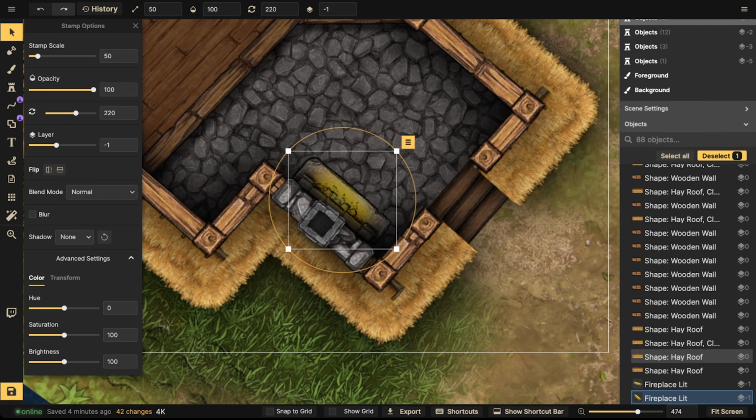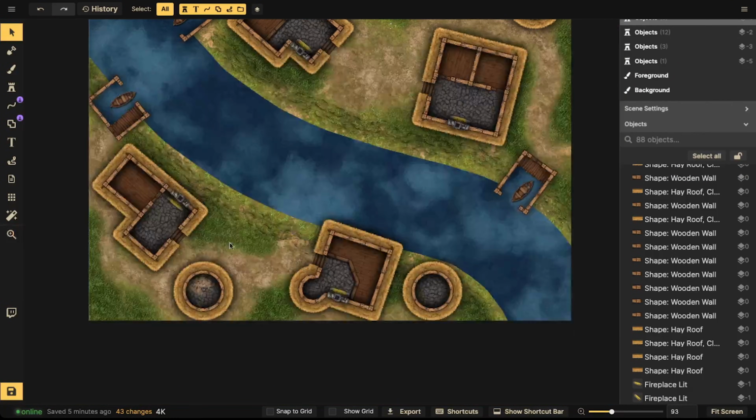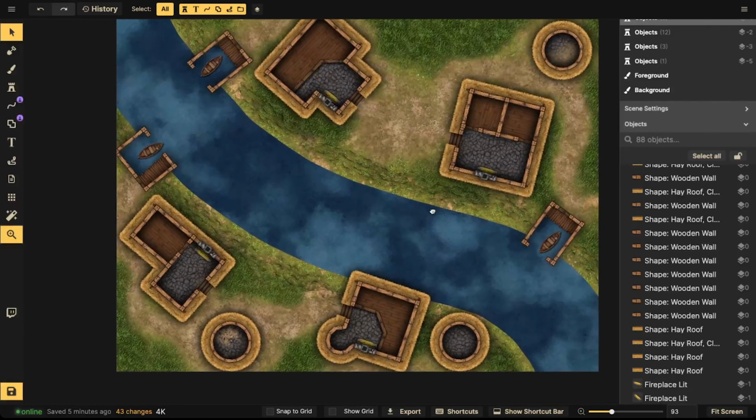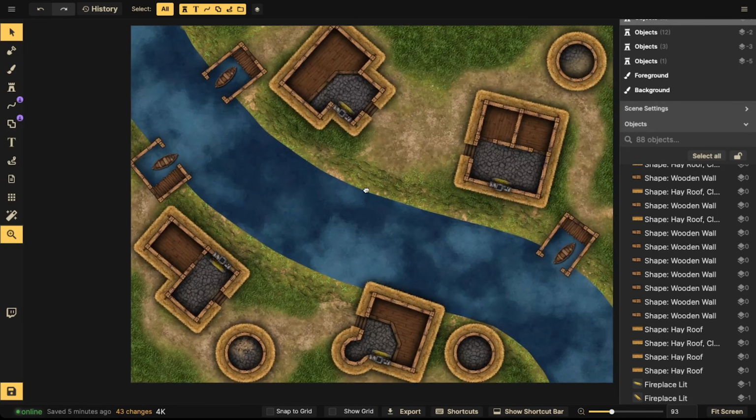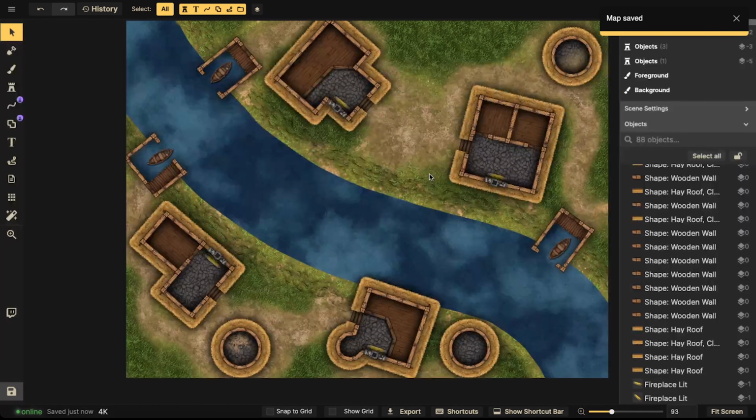Where are we at for time? 55, cool. We still got a little bit of time left. That looks good. Fireplaces are set into place. Cool, looking good. We'll quickly save it. You know what, I don't mind going on for another 10 or 15, maybe even 30 minutes, because this is a lot of fun. So let's let that save, and then we will do a couple options here. I did want to do a little bit of interior decorating because I wanted to show people how I